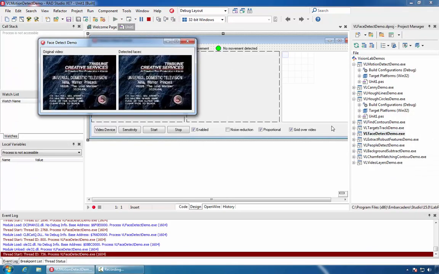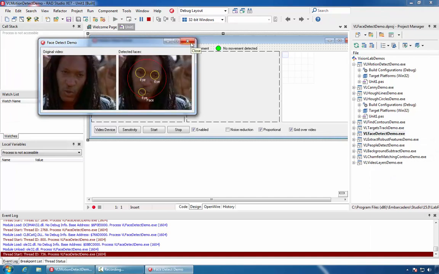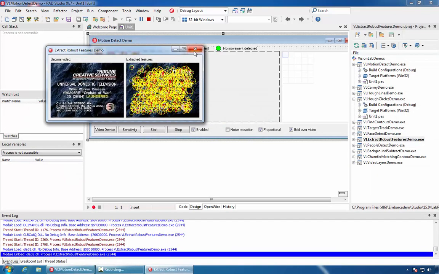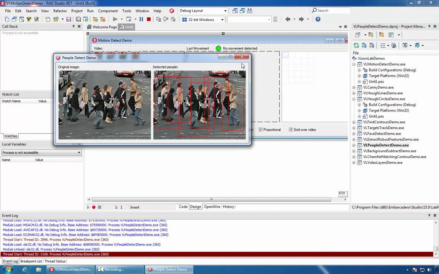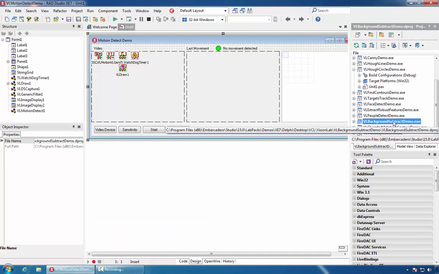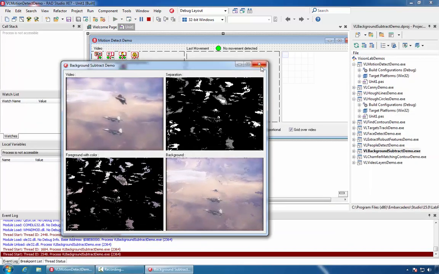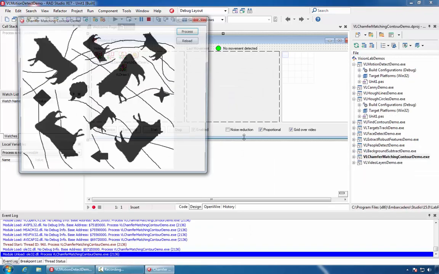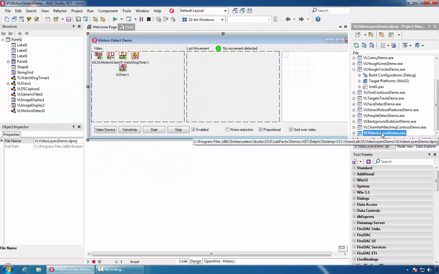phase detection, robust features, people detection with Hough, active background subtraction, chamfer matching contours, and video layers integration of the computer vision components.